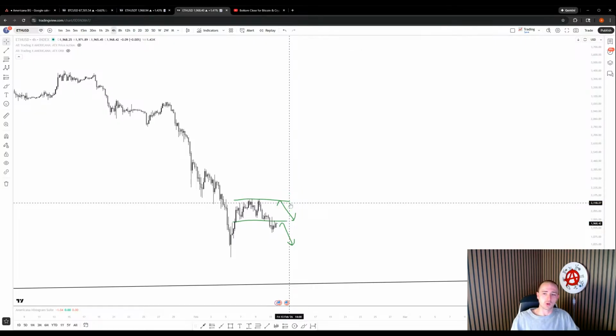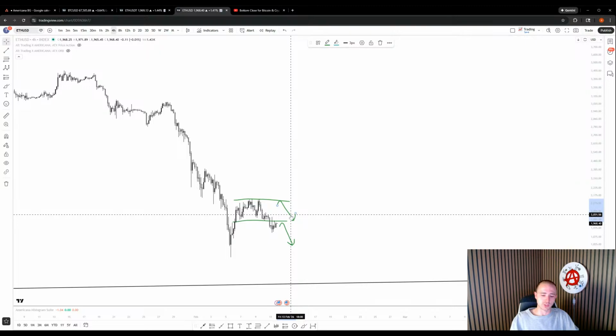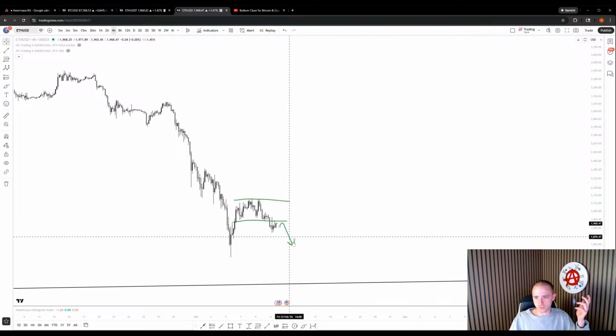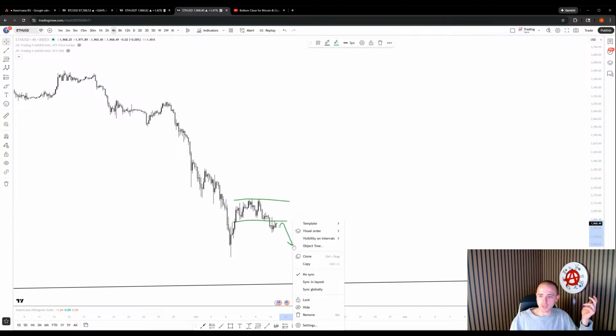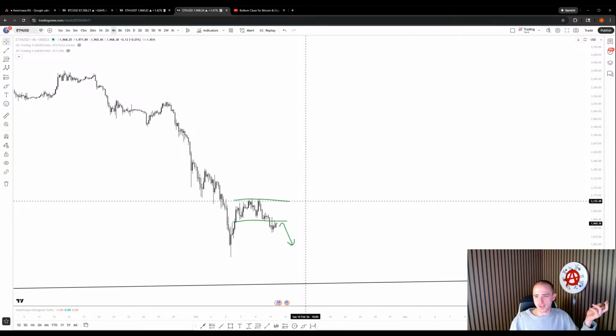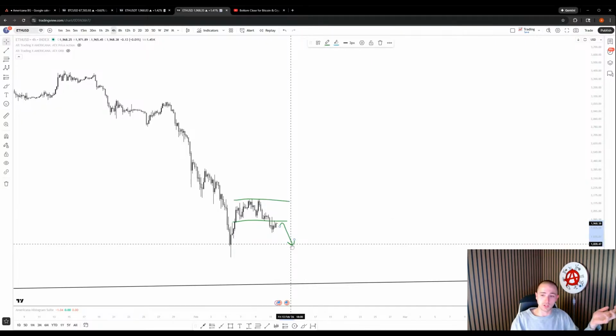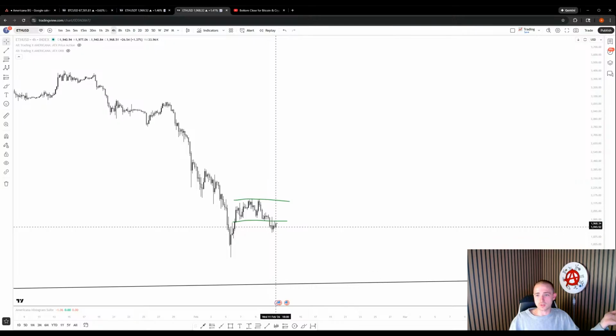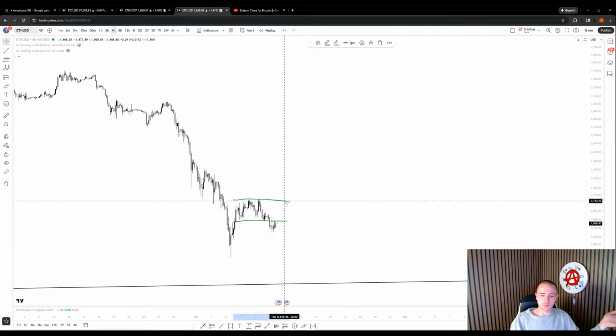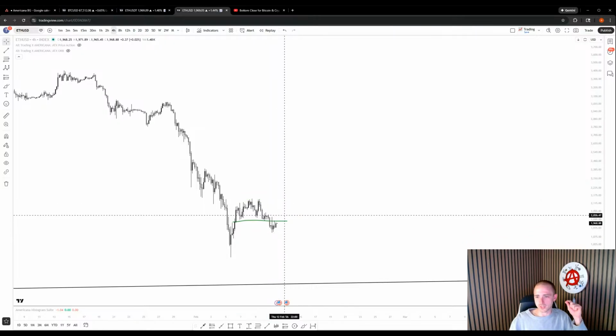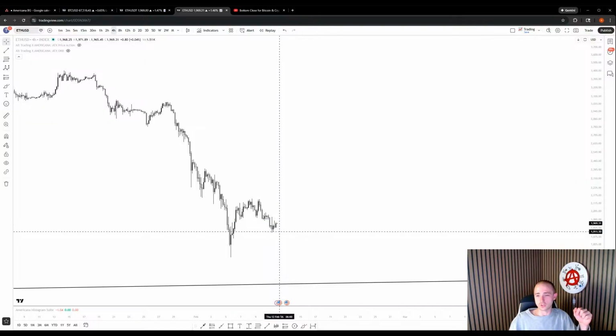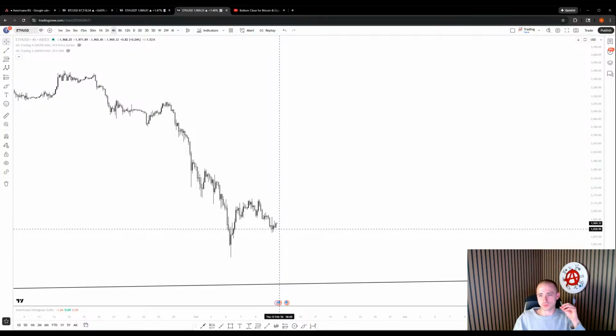Making sure you're not over leveraged, making sure you're not over positioned. When it comes to learning trading, I think the best thing you could do is literally just add $10, $20, $100 into one of these exchanges and pretend like it's $100,000, pretend like it's $1,000,000, pretend like it's whatever, right? You can even paper trade on TradingView, but really take it seriously. Take it to heart that this is real money, there's real consequences,